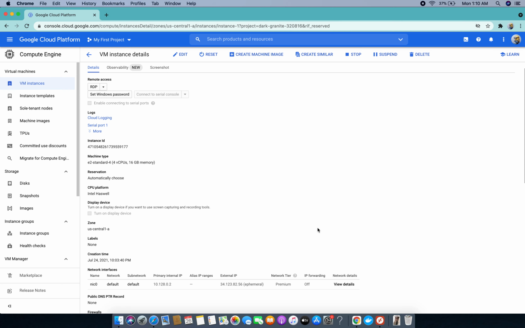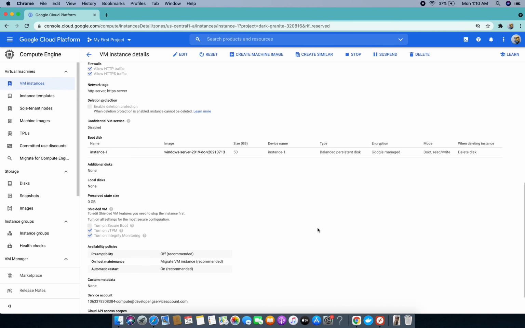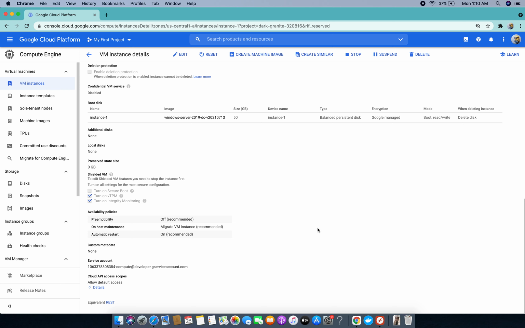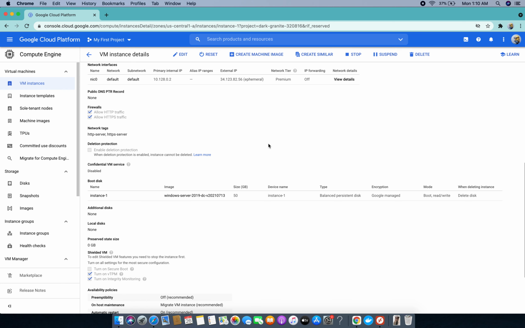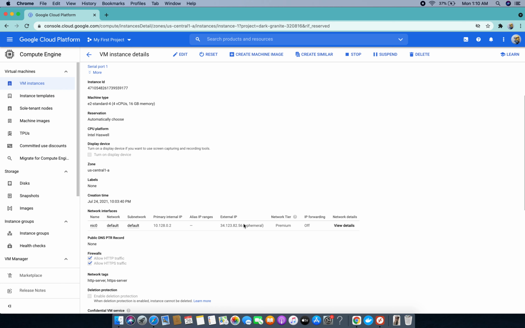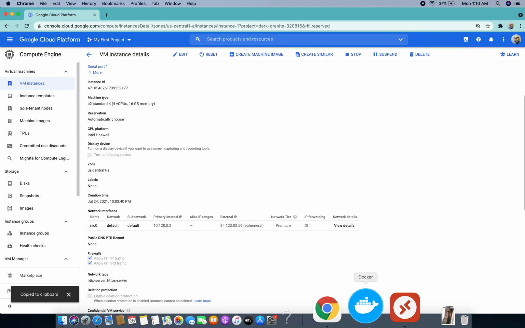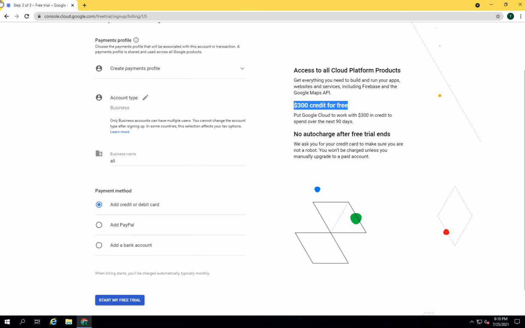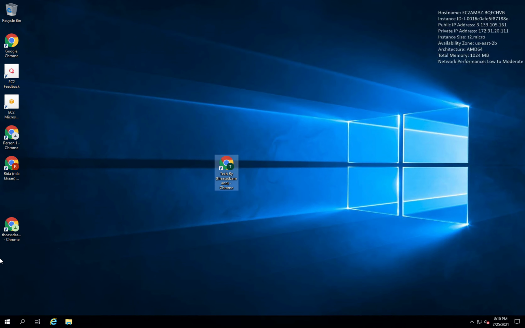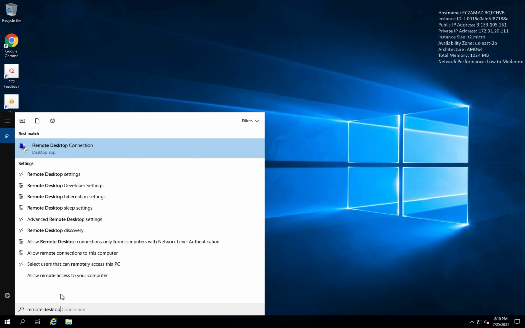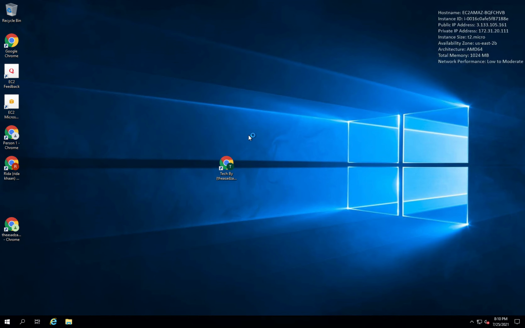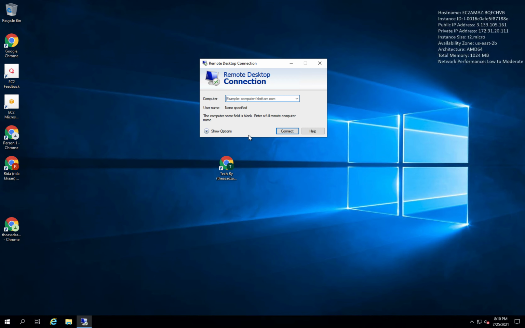Click on that instance, or whatever you renamed your RDP. It is your external IP. Just copy that, and I will cross this one, and go to remote desktop connection.